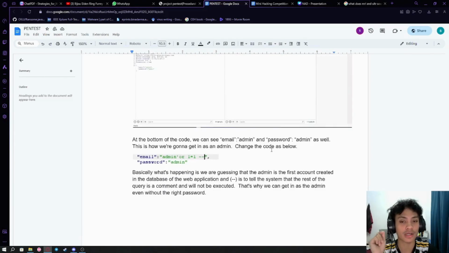So how does it work? When we change it to admin or 1=1 --, we are assuming that the admin is the first account created in the database for this website. Since we don't know whether it is named admin, we also put 1=1, which indicates the first account,